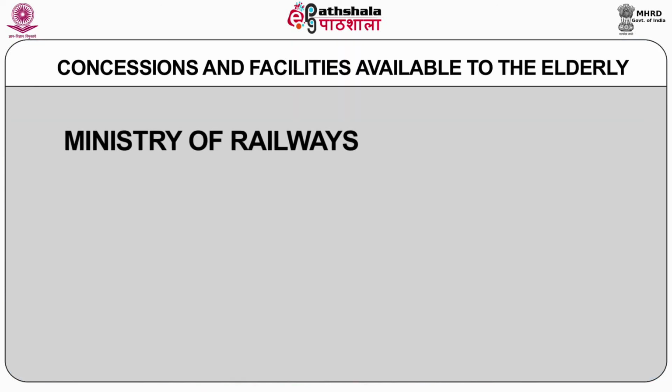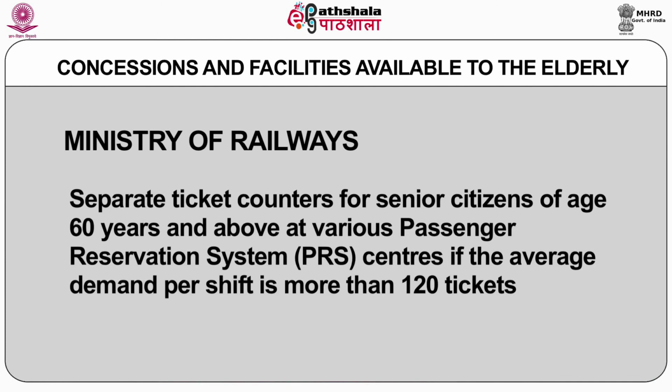Then we'll look at the Ministry of Railways. So what does the Ministry of Railways have for the elderly? Separate ticket counters for senior citizens of age 60 years and above at various passenger reservation system, also known as the PRS centers, if the average demand per shift is more than 120